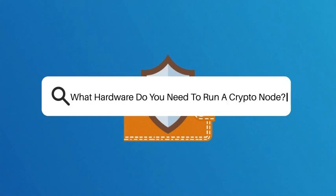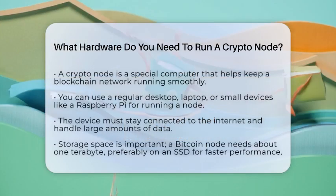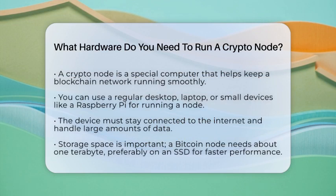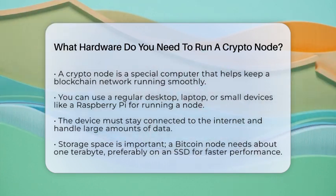What hardware do you need to run a crypto node? Imagine being part of a digital community that keeps a blockchain running smoothly. To do that, you need a special kind of computer called a crypto node. But what exactly does it take to set one up? Let's break it down into simple parts so you can see what hardware is needed to keep a blockchain network